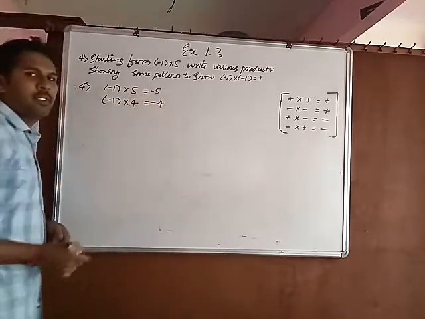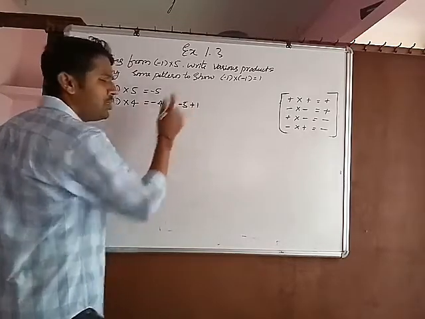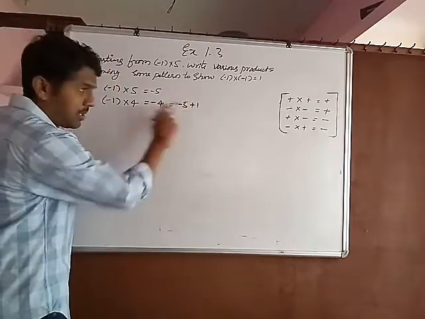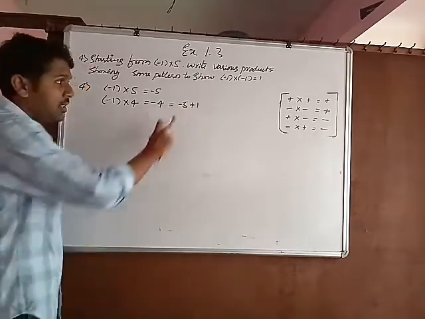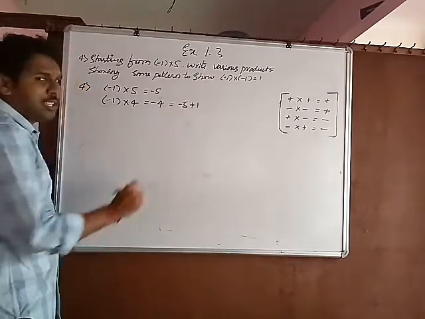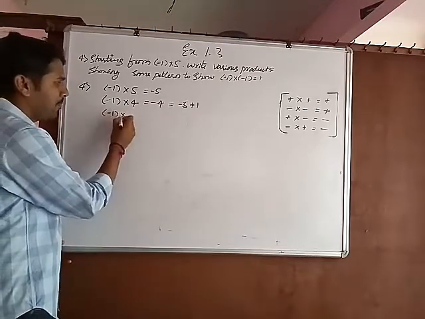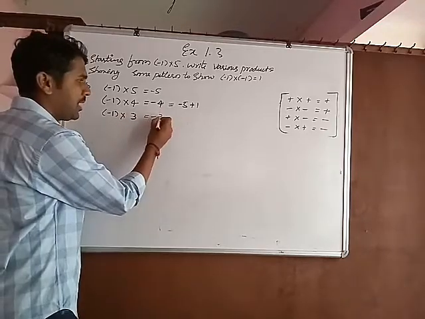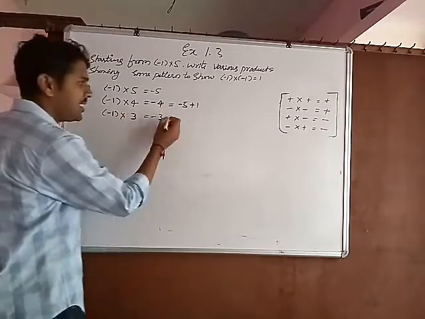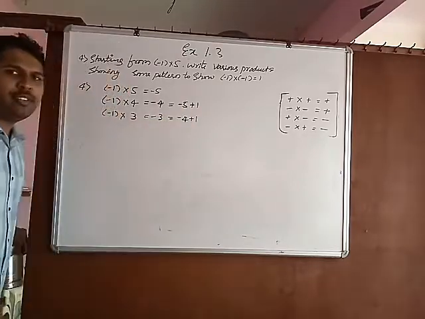Minus 4. We can write minus 4 as minus 5 plus 1, no. Why? Because here the numbers are in different sign. First you have to subtract 5 minus 1, 4. Bigger number sign is minus, no, that is minus 4. We can write it, no. Next goes on decreasing. 5, 4, next 3. Answer is minus 3. We can write it as minus 4 plus 1. We can write it, no.